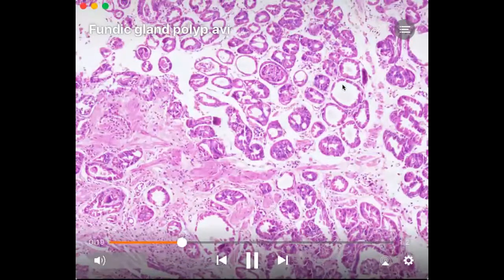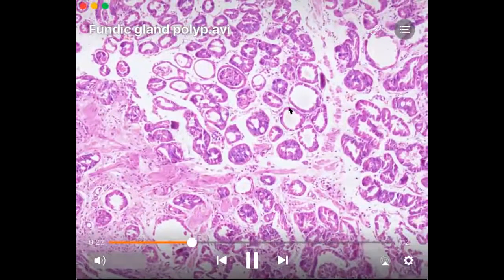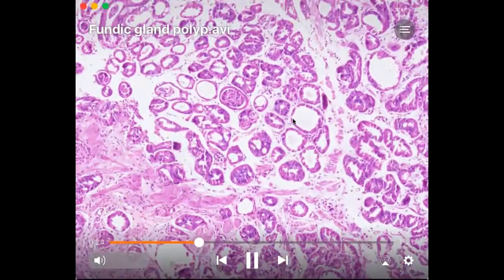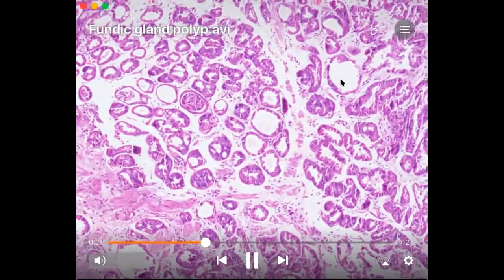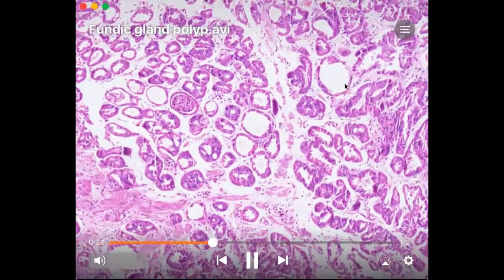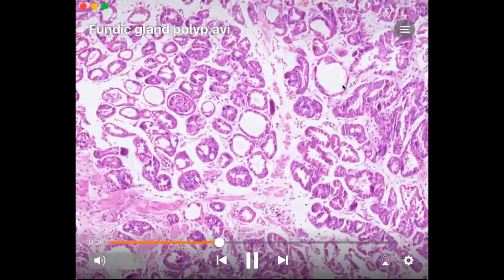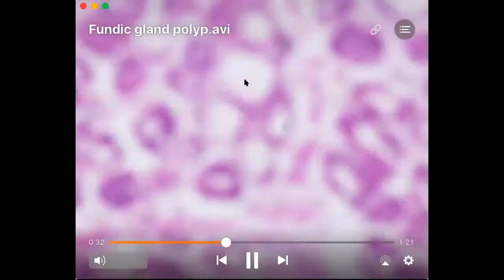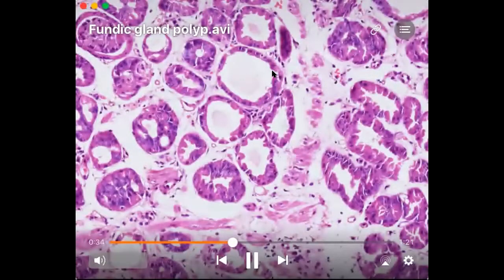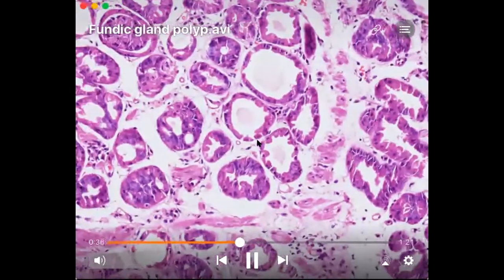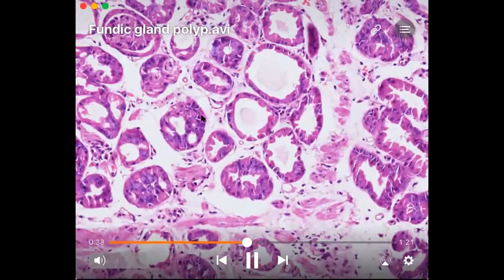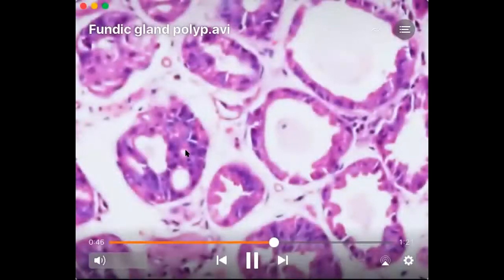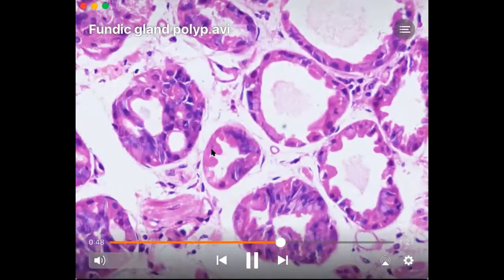Looking at them in high power, we could make out that some of these glands are showing cystic dilatation, that is, they are distended. There is something special about them: they are lined by chief and parietal cells. So many of these glands will be lined by chief and parietal cells. And how do we identify them? The parietal cells are going to be the eosinophilic cells, whereas the basophilic cells that we see here are the chief cells. So here you could make out that there are blue and pink cells. The blue ones are the chief cells and the orange ones are the parietal cells.